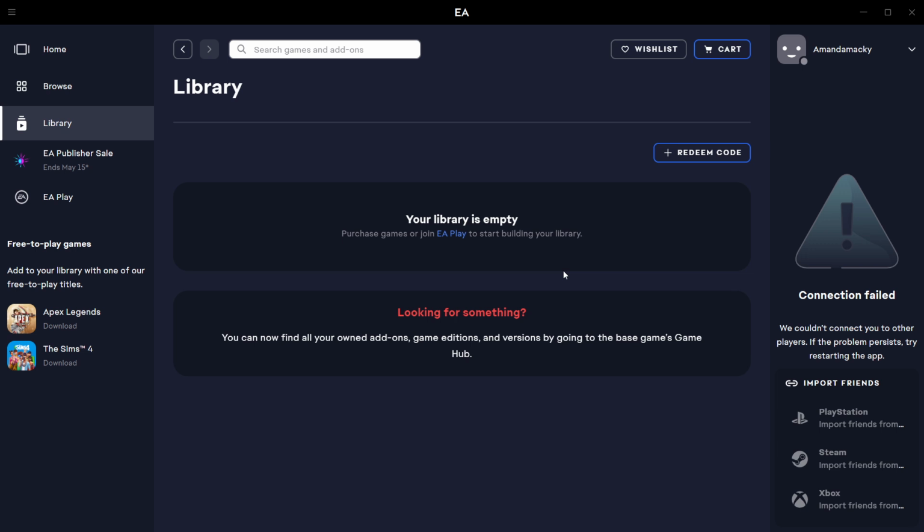Now, I'm going to walk you through the second step. Play in offline mode. Now, playing games in offline mode can prevent the EA app from syncing your saves to the cloud. What you need to do is to launch the EA app on your PC. Then once you do that,